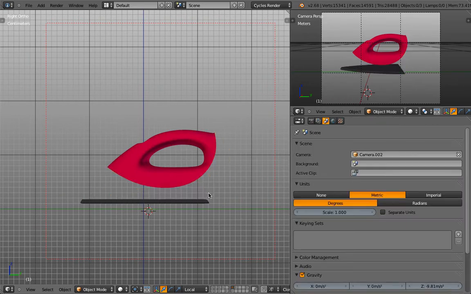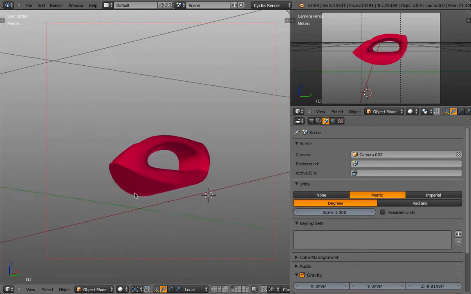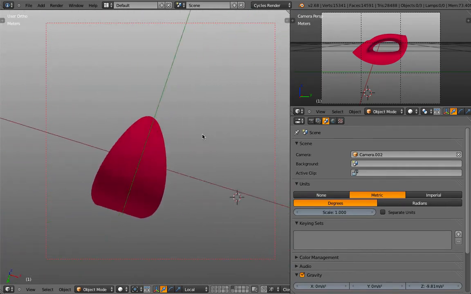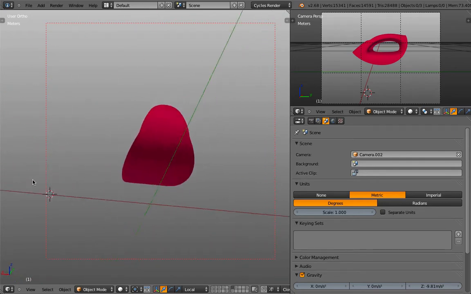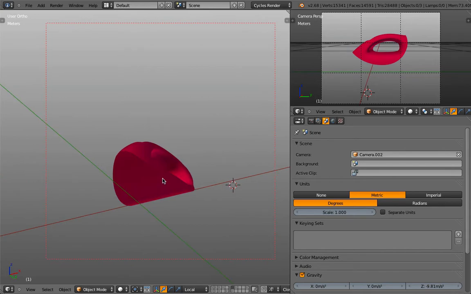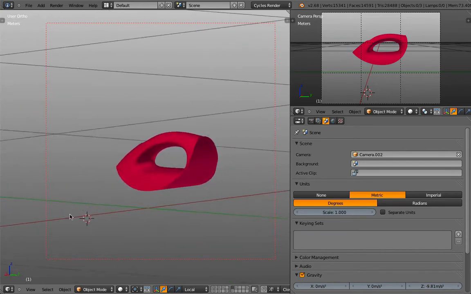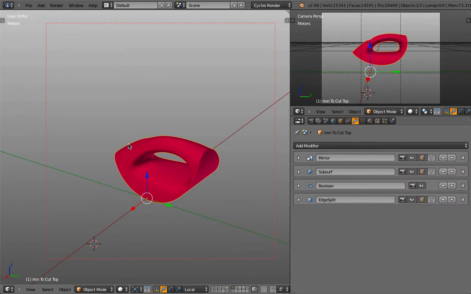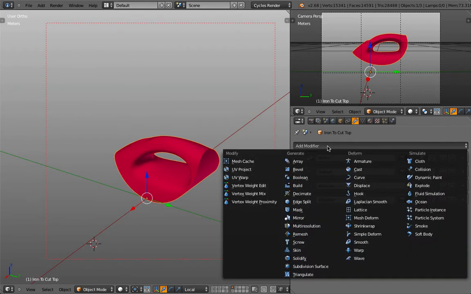So let me show you, for example, some easy steps for how we can turn this one into a printable shell. The problem right now is that this is solidified, so it's a solid. We can print it, but it will be slow, heavy, and expensive. To shell this out, to give it a thickness, all I need to do is go to add modifier, solidify,